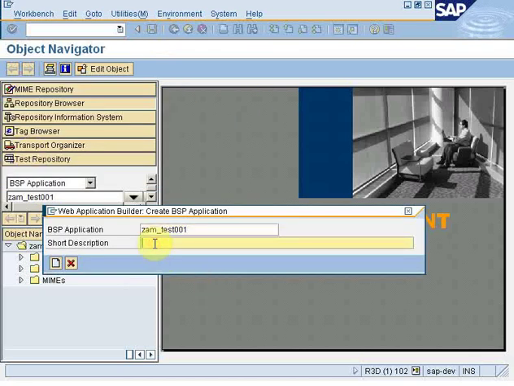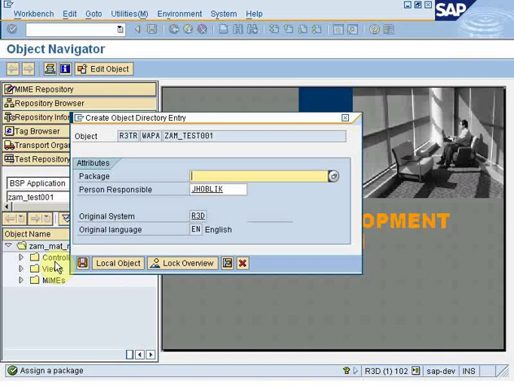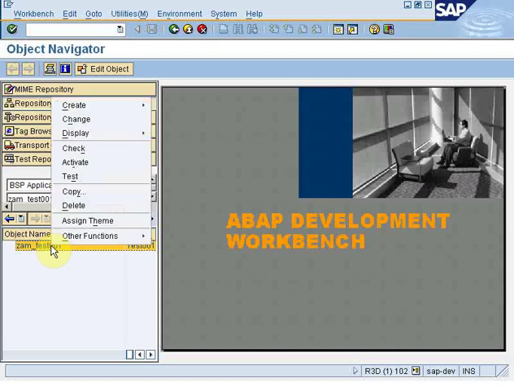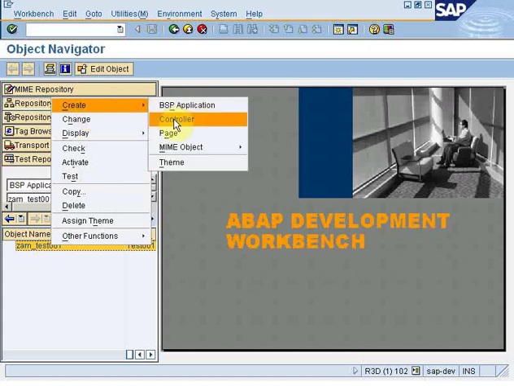We name the BSP application, and we make it a local object. Okay, we have created the name of the BSP application. Next step, we create the controller for the BSP application. Right click on the BSP, create controller,